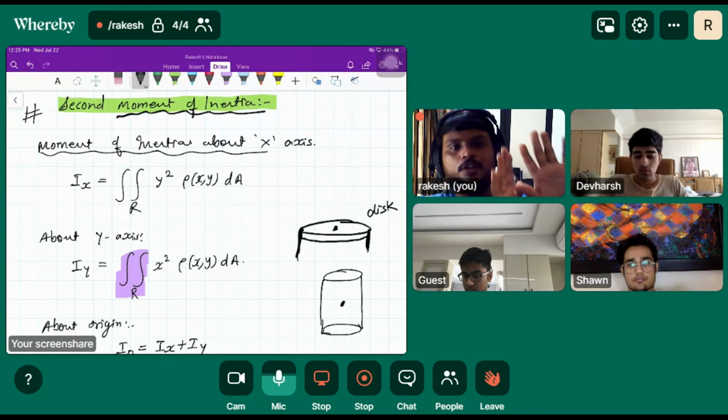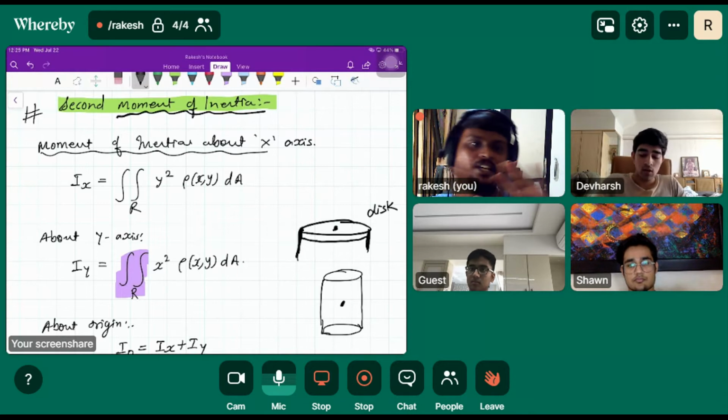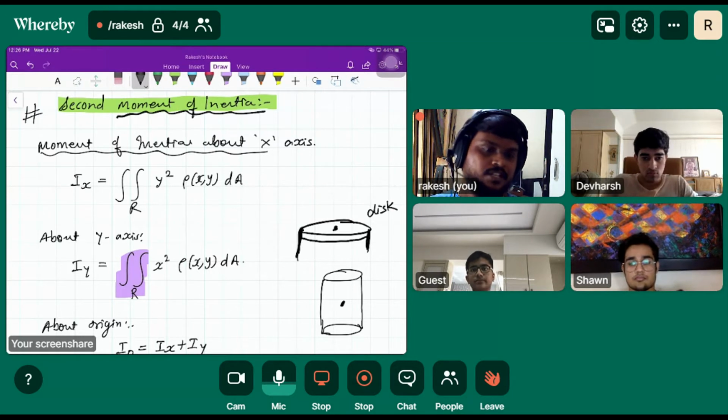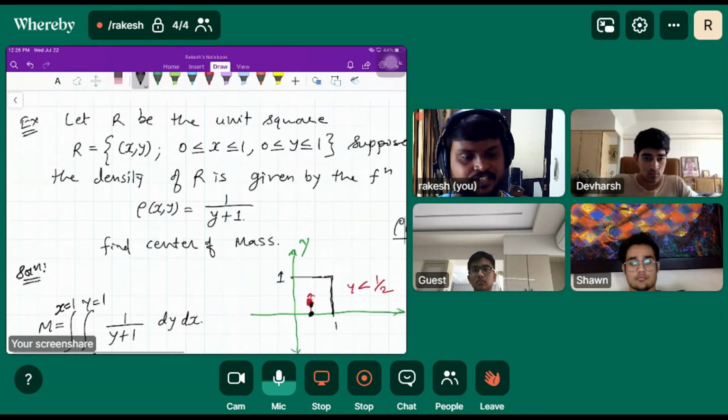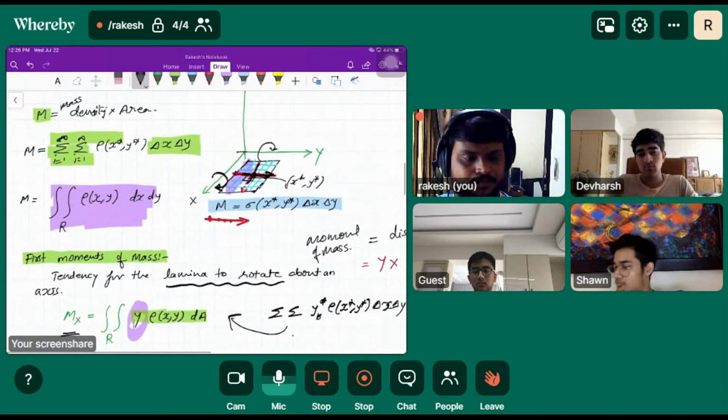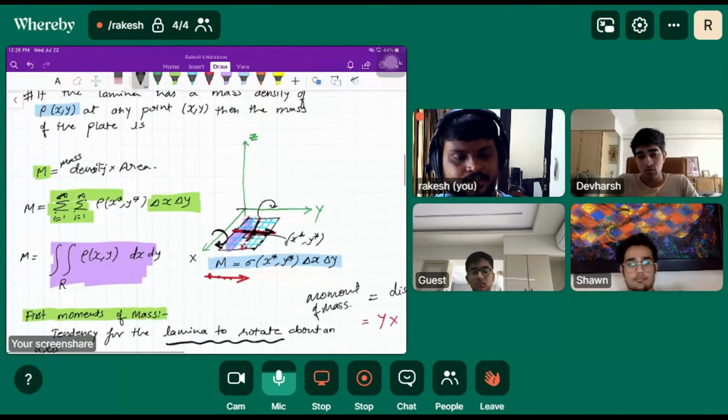Okay, so this is all about the physics part. You can search your book, flip the page and try to find the relevant thing. But as far as the maths is concerned, we can find the mass of the lamina by double integration, applying this formula that I have explained to you initially here. I think that made sense to you. This I am talking about.